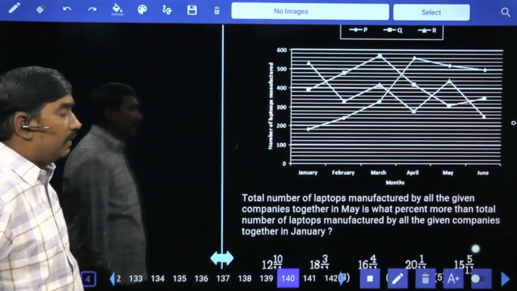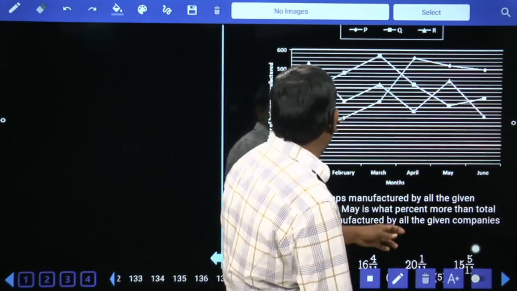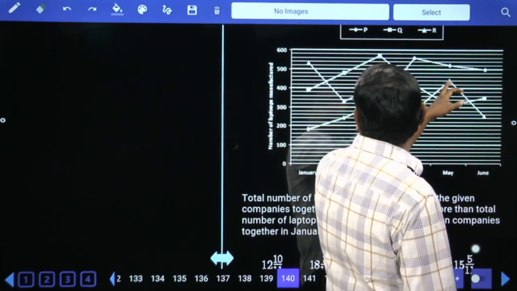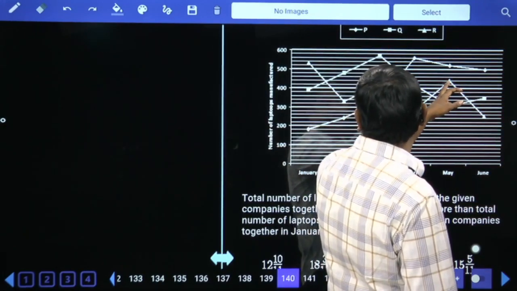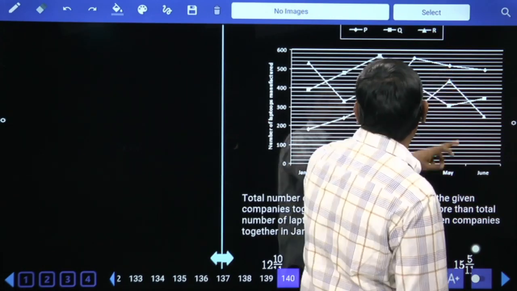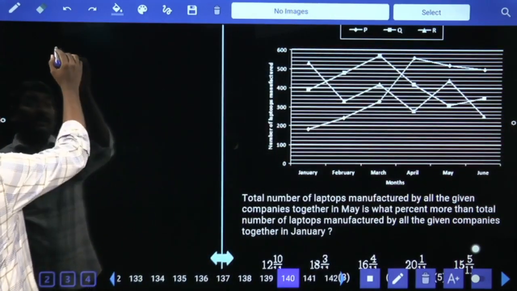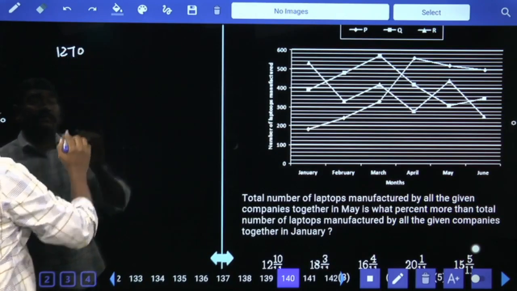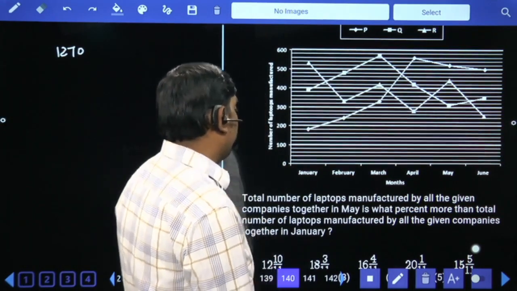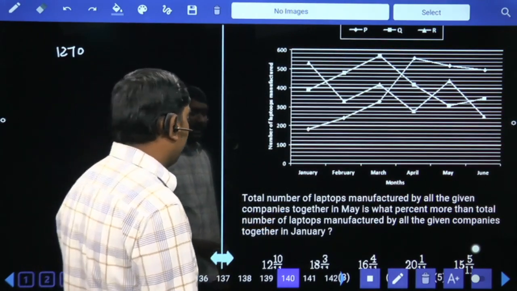Total number of laptops manufactured by all the given companies together in May: 310, 310 plus 440 is 750, 750 plus 520 is 1270. Is what percent more than the total number of laptops manufactured by all the given companies